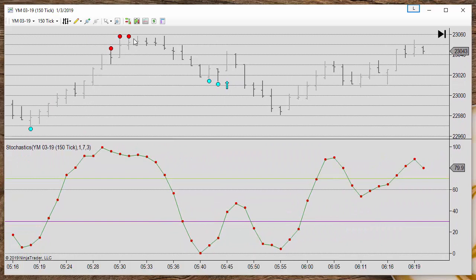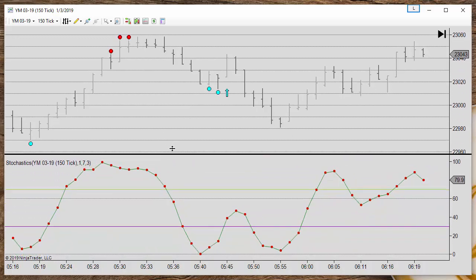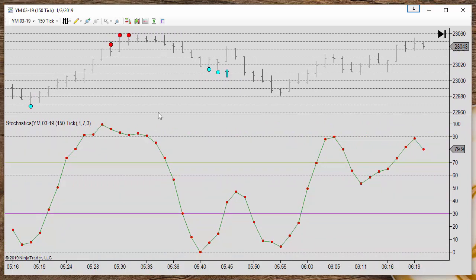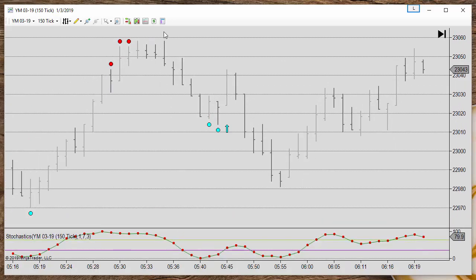It looks like on these bars the stochastic is sloping up, and when it finally is sloping down, it is no longer making a higher high. So the condition is making a higher high, like on this one. But on this bar, we need an overbought of at least 70.